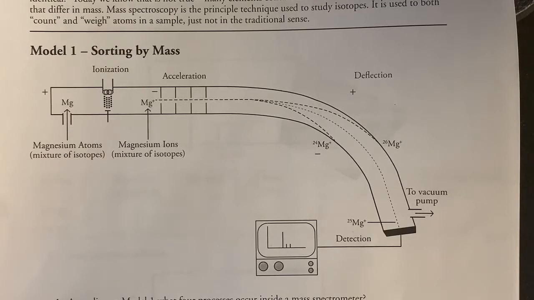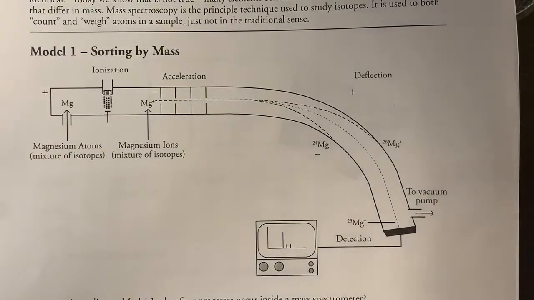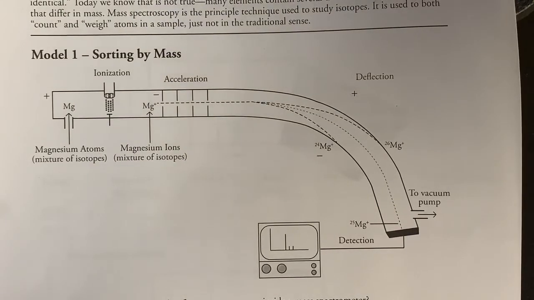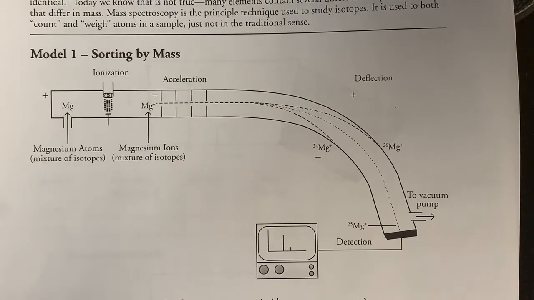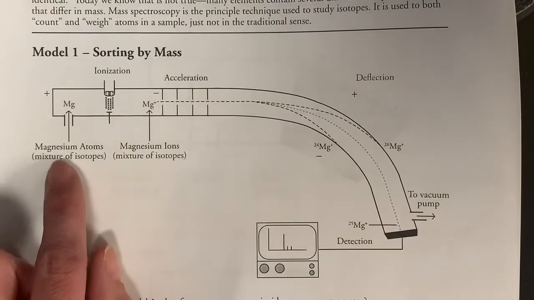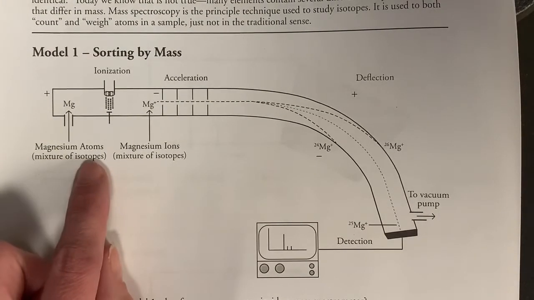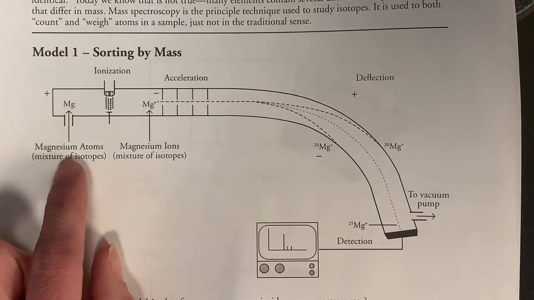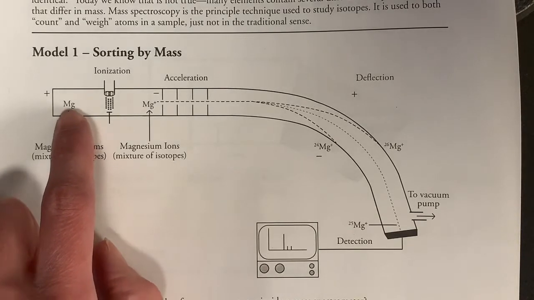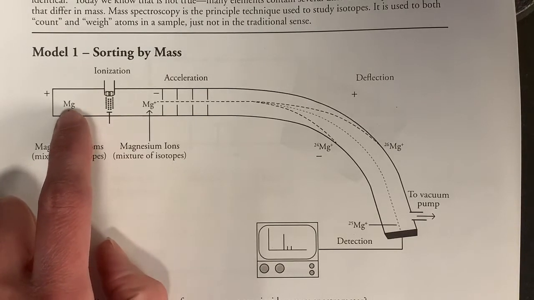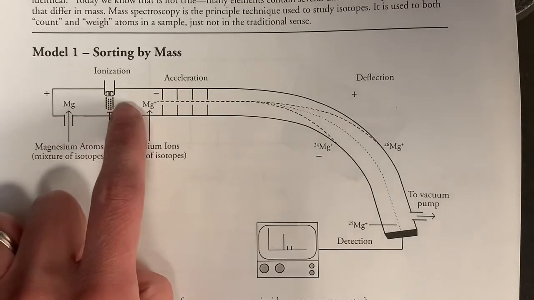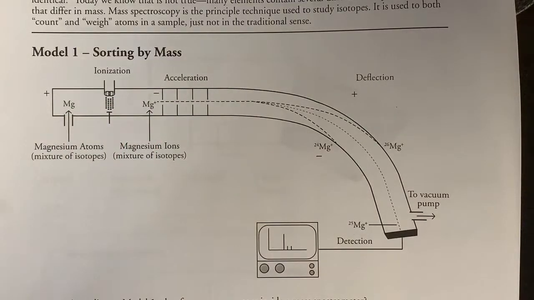Mass spectroscopy is a machine, and this is a very, very simplified diagram. Basically, I'm going to take a pure sample of my element. It's going to contain a mixture of all of the isotopes. I'm going to inject it into my machine. The sample is going to start moving down through this tube. Now the first step